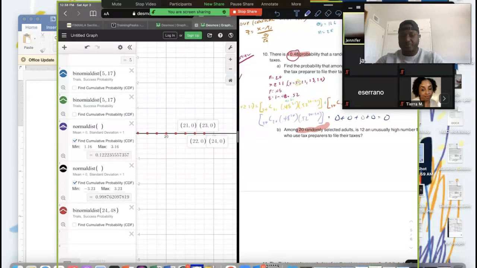But if you were to put those in your calculator, because those are really small values, let me see what I can get for you. So 24 choose 21 times 0.48 to the 21st times 0.52 to the 24 minus 21. Yeah, so this first one would give me